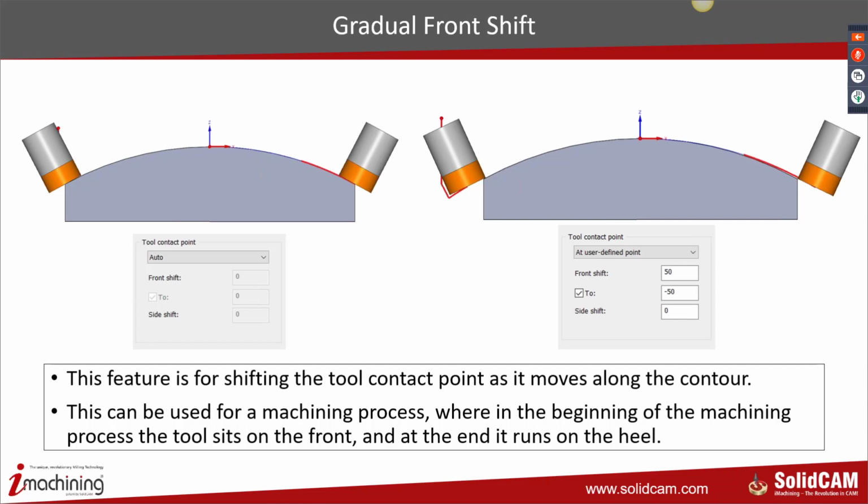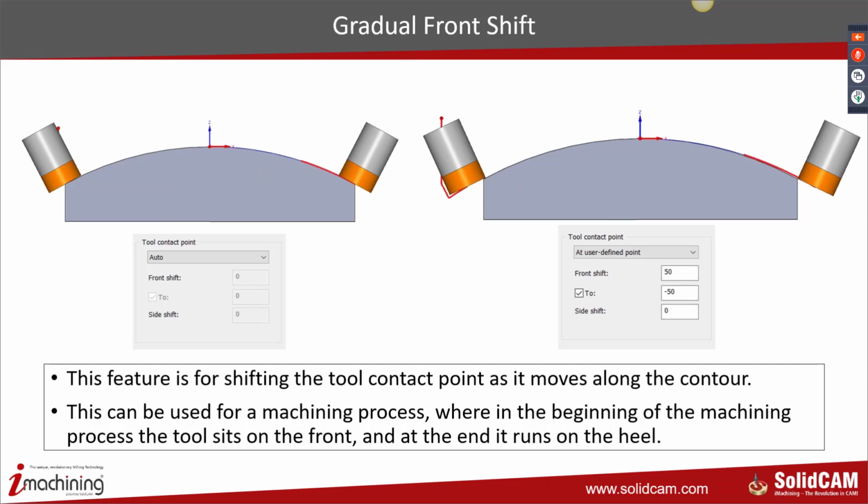In this particular feature, we've basically allowed the user to define the front shift from a front position to the back position. So we have added the front shift from and to values. This allows the tool to use the entire face of the tool over a surface. For example, the surface that you are seeing in front of your screen on this slide,